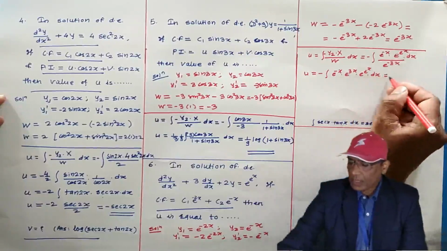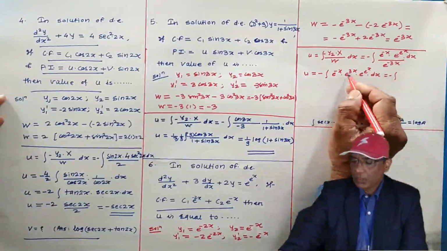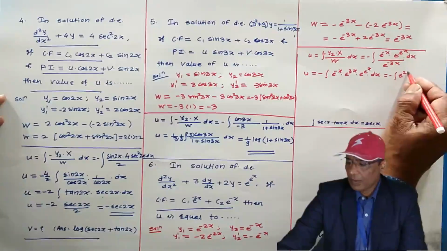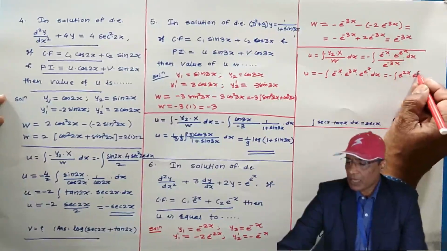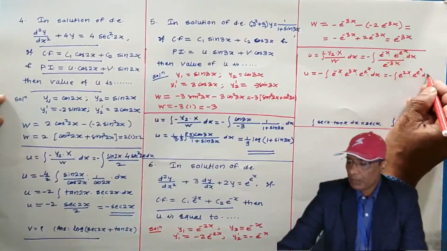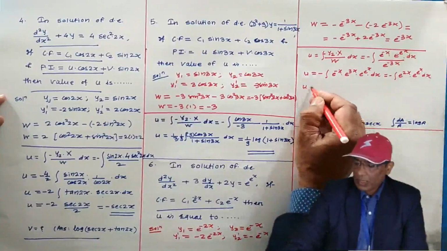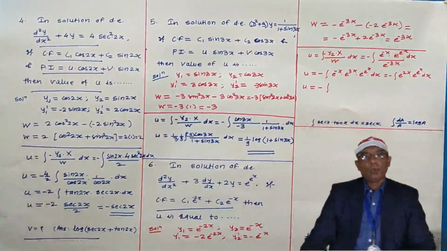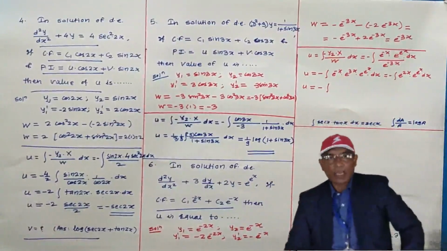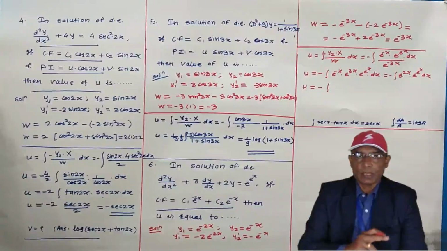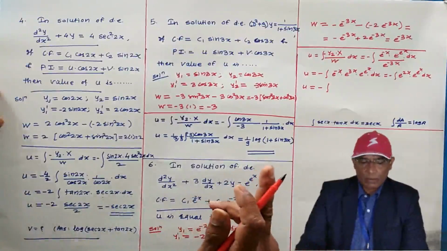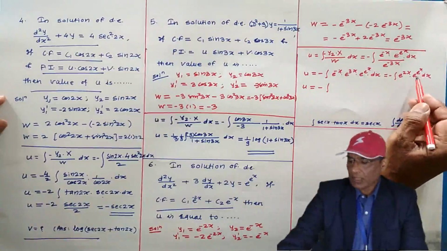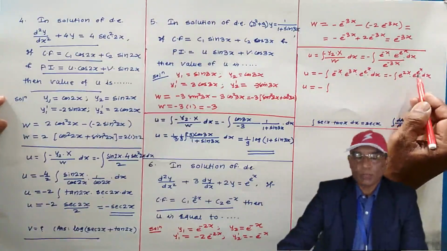And by law of indices, e to the power minus x and e to the power 3x is what? E to the power 2x by law of indices. E power x as it is. Now this integration I am going to solve. Here the argument of e is e to the power x. In sine function, sine of e to the power x, the same thing we came across. There was sine of e to the power x. Here we have e power e to the power x.